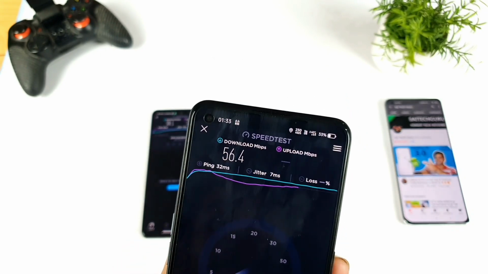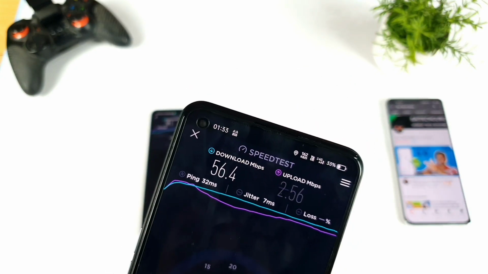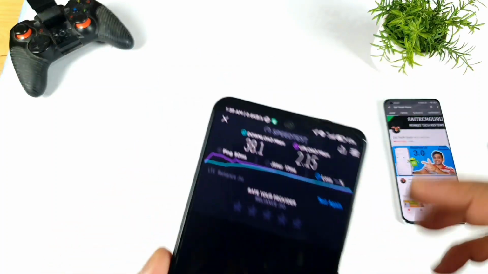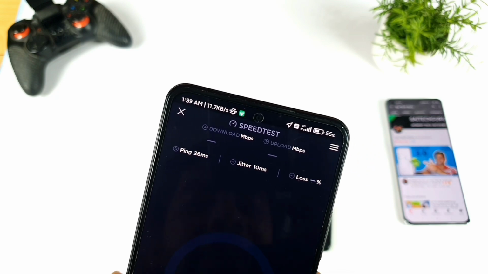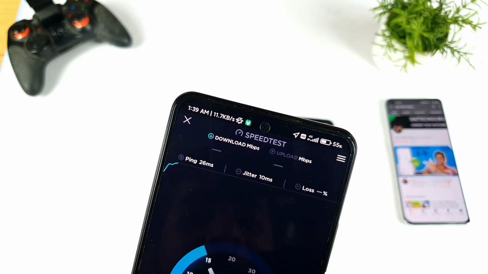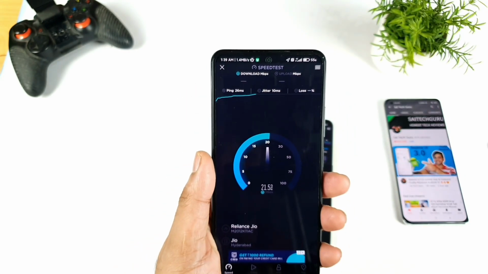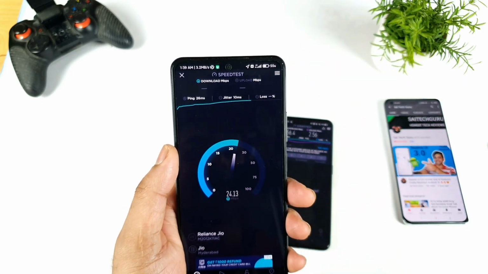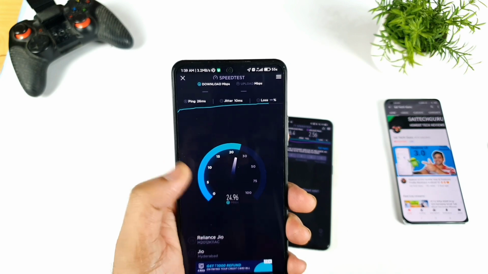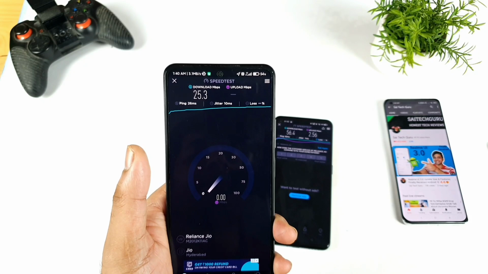If I try to keep the phone in front, I'm not getting the 4G plus. Sometimes that's the reason I'm trying to keep it very close to the camera only. And now let me keep it exactly in the same position and show you what is happening with the Mi 11X device, whether the Mi 11X can get any kind of higher speeds than this one or not. Right now in this position, the Mi 11X cannot get any kind of 4G plus aggregation, but even without 4G plus aggregation, the phone was able to get up to 25 Mbps of speeds. That's about half the speed. You can clearly see, not bad.